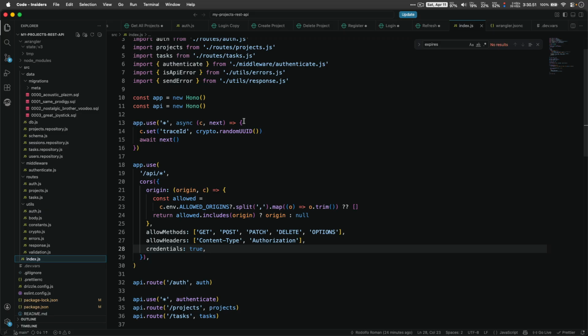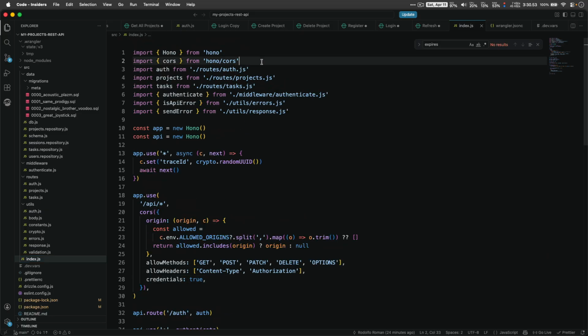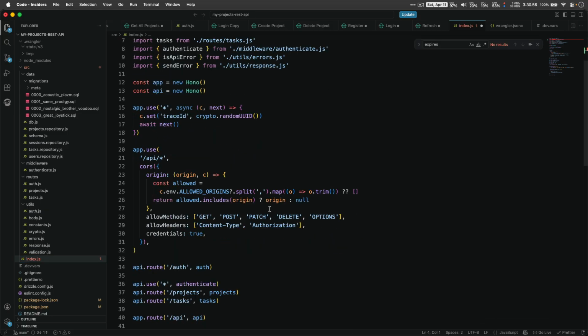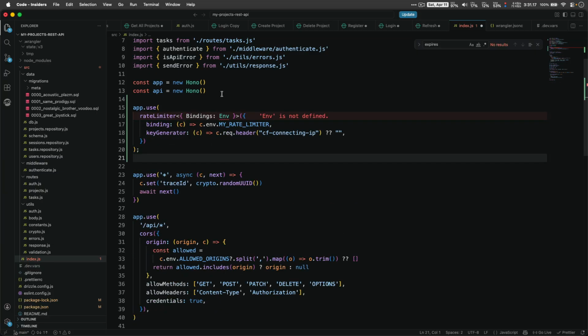So let's call this from here. And after we use this one, actually before, let's do something like getting from the context since the beginning. We don't need bindings. I'm taking this from the documentation. And we call this